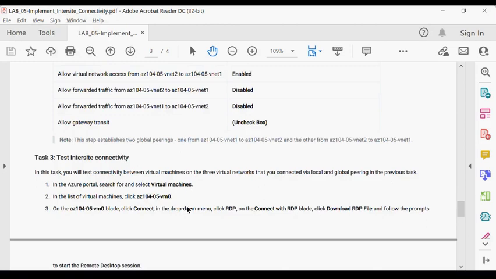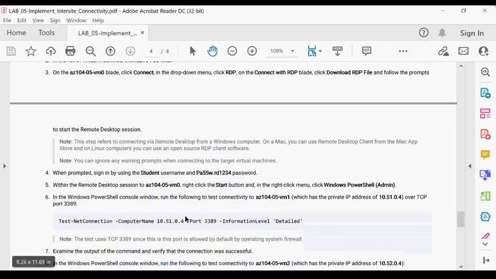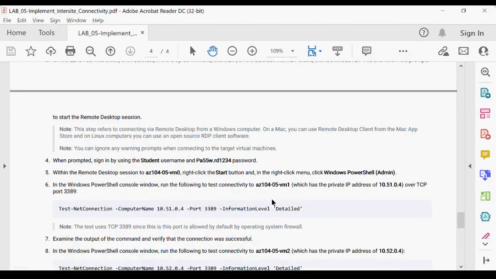Connect to VM0 and ping VM1 or VM2, connect to VM1 and ping VM0 or VM2, and connect to VM2 and ping VM1 or VM0. This is the command for running the connectivity check, and it will show you true or false. If it shows true, that means the VM will be able to talk to another VM in the other peered VNet. That is the goal here.